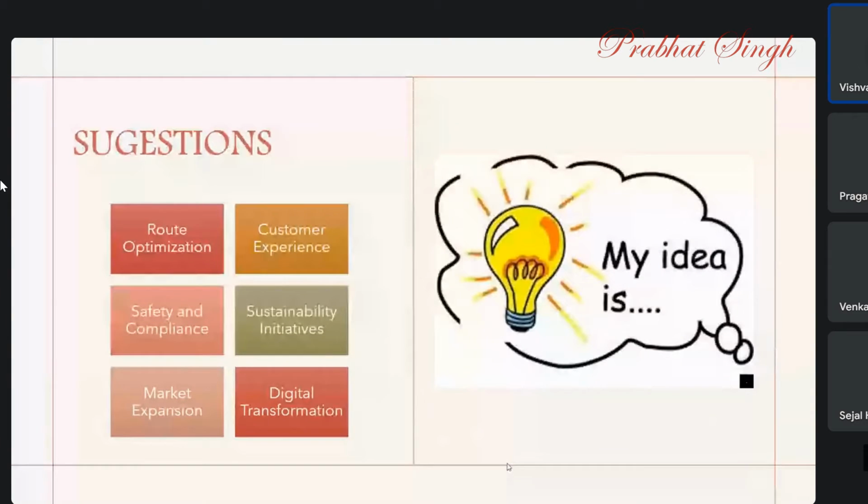The company can focus on analyzing routes for profitability, demand, and efficiency, which can help HiCloud Airlines optimize their route network and deploy resources effectively. Improving customer satisfaction through personalized services and excellent customer service can lead to increased loyalty and positive word of mouth. Streamlining operations reduces cost and enhances overall efficiency and profitability for the airline. After that come safety and compliance, sustainability initiatives, market expansion, and digital transformation. Overall, by focusing on these areas, HiCloud Airlines can position itself for long-term success and competitiveness in the aviation industry.